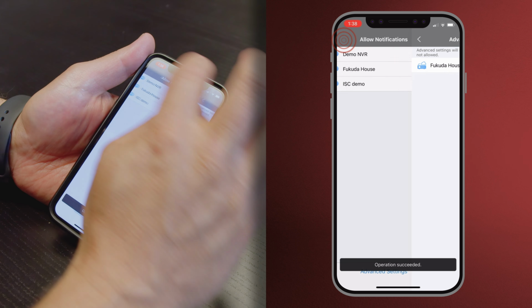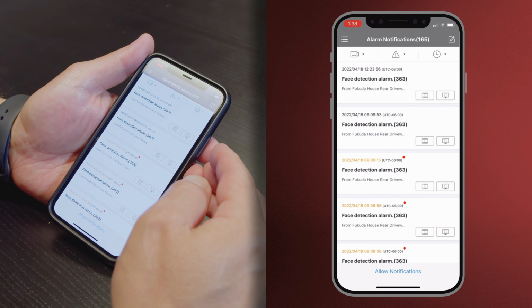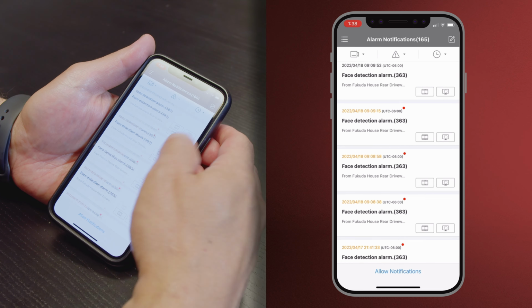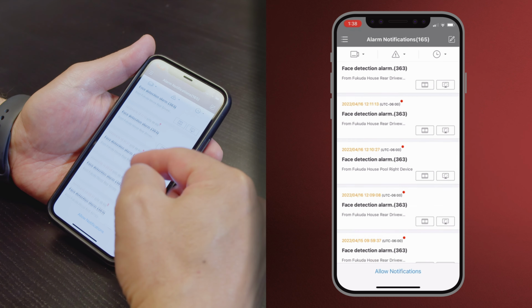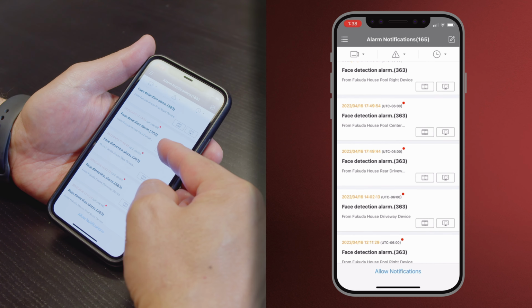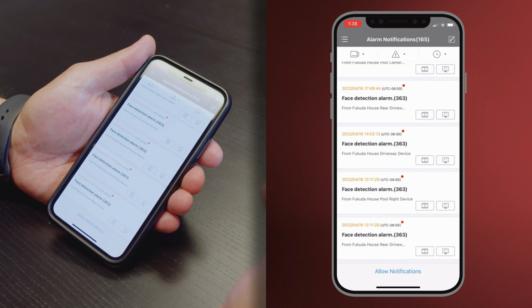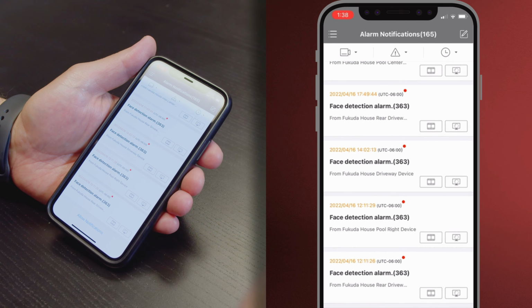And then now you can go back to your notification menu. And these are all the notifications I've had over the last X amount of months of the system being installed. And I've got 9 cameras. So let's say you really just want to filter it down to 1 or 2 cameras you want to see